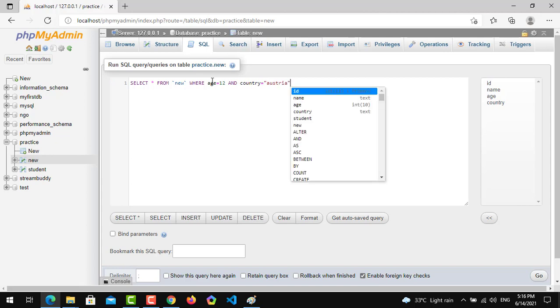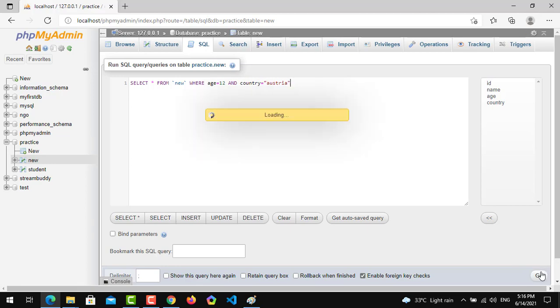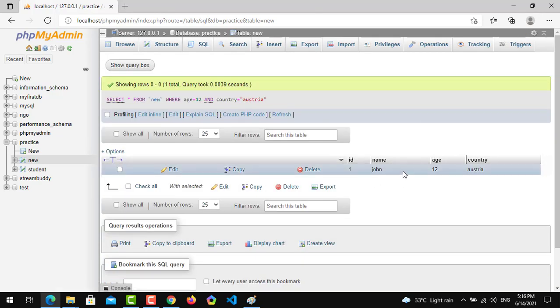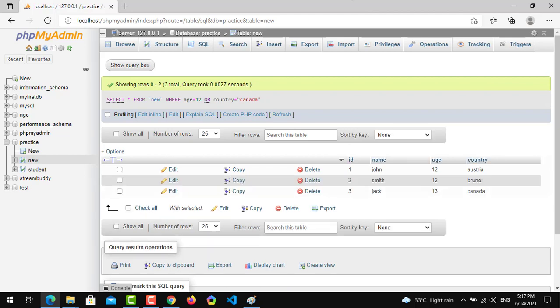Okay, we are good to go. So let's see, and this time it has shown only one result, because we have used the AND operator, and with the AND operator both conditions must be true.